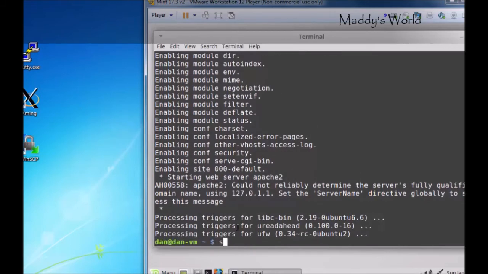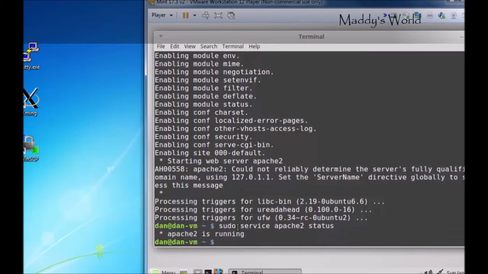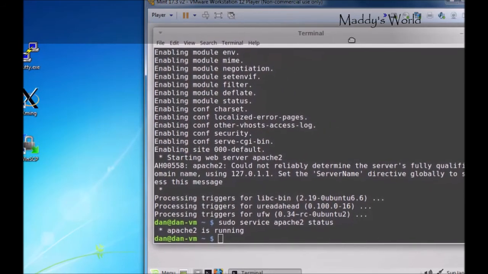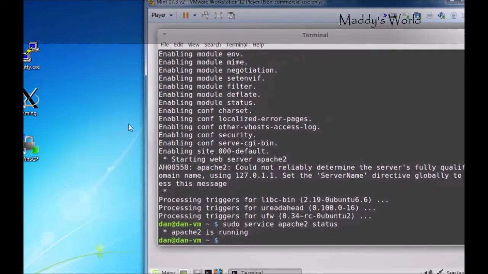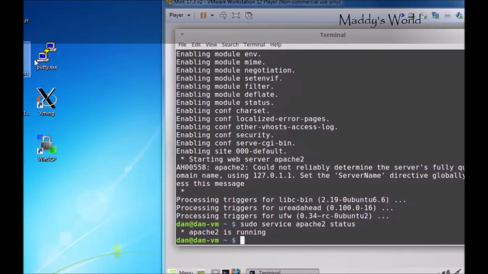Okay, and we'll put in a sudo service apache2 status, and you can see Apache 2 is running. So I'm running a web server right now on my Linux computer, and this time what I'll do is I'll